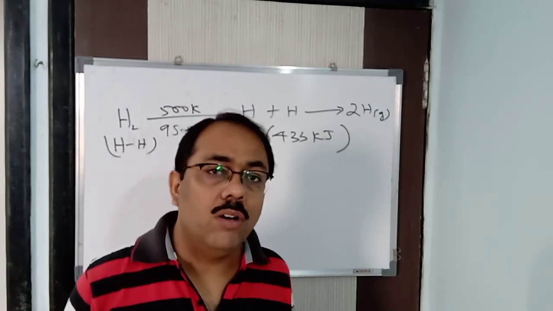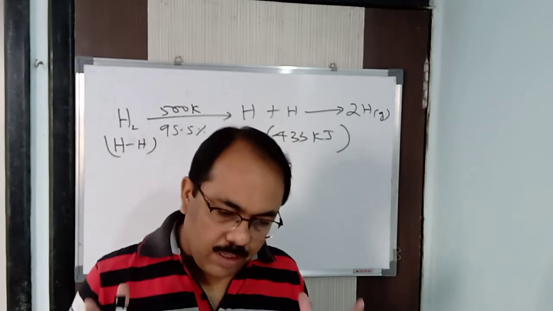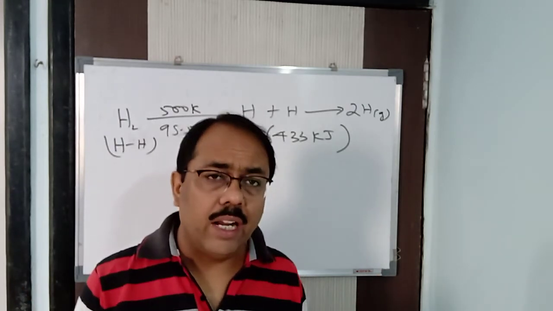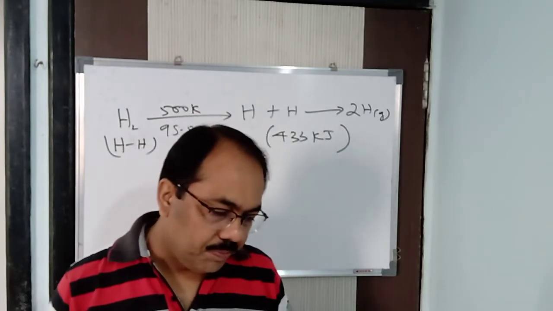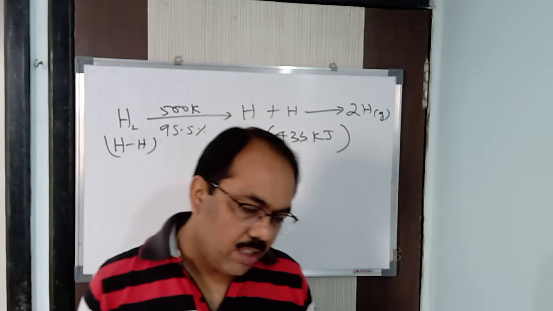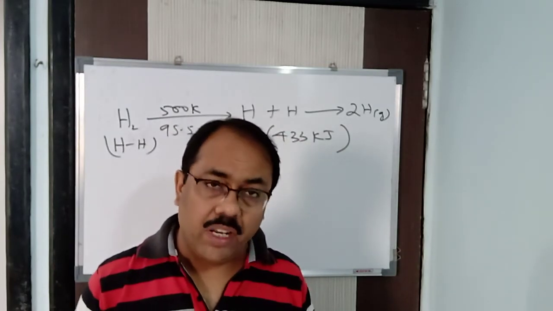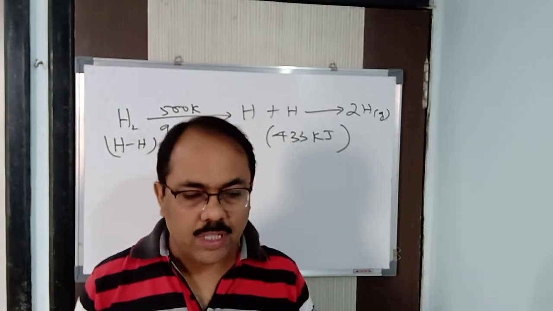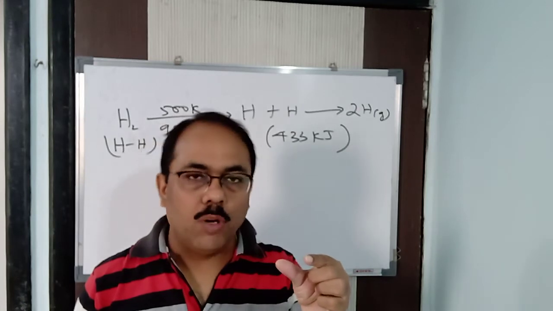A huge amount of energy is required to break this particular bond between hydrogen and hydrogen. For that reason, it has a very high bond dissociation energy, because the hydrogen bond is a very strong bond. Why is it a very strong bond? Because the hydrogen atom is very small, so the bond length is very small, so the bond energy has to be very